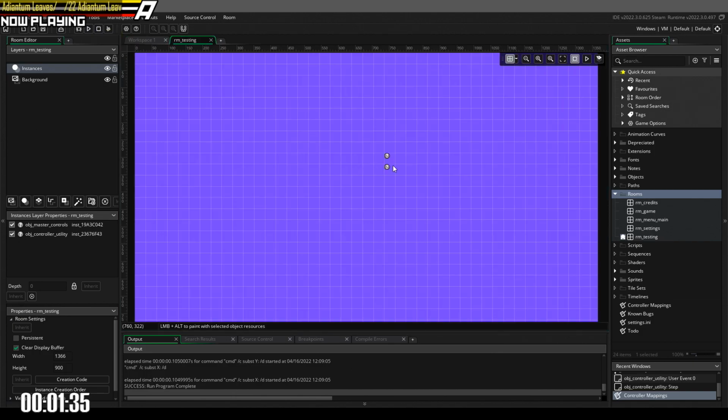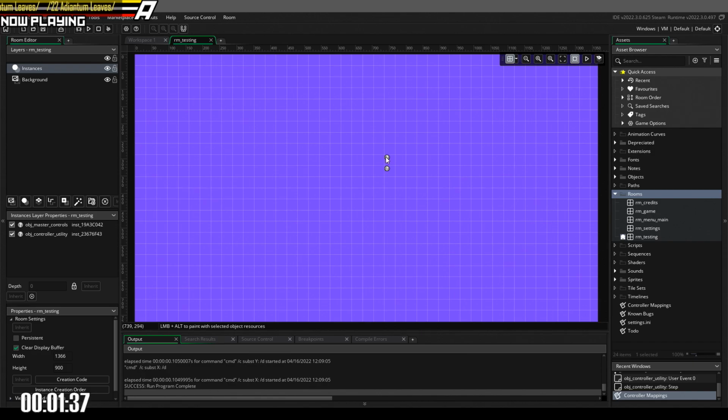In the testing room, I now have two objects. I've got my regular control master, which is the same one that's in the normal game, and then I created this new object called the controller utility. Basically I took a bunch of the stuff that was in the controller master for testing and displaying information, pulled it out, put it into its new thing,